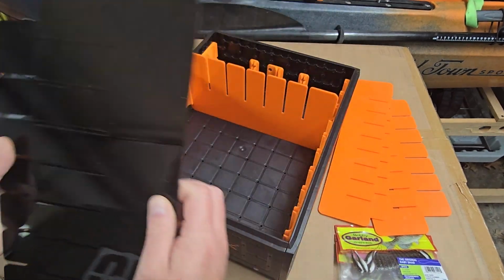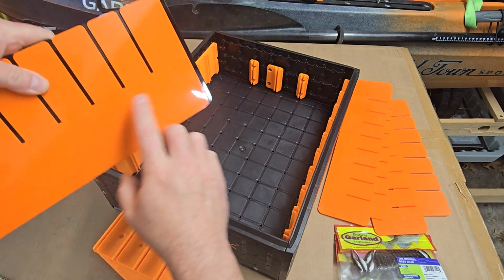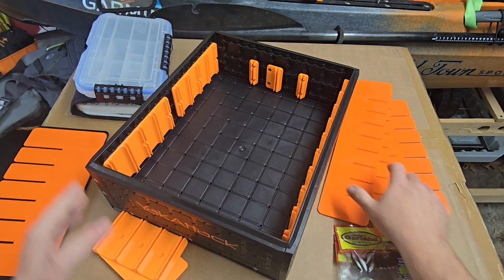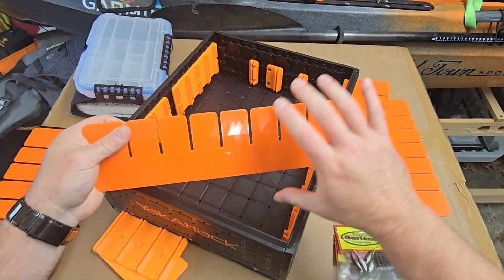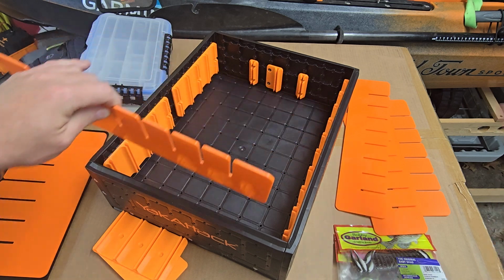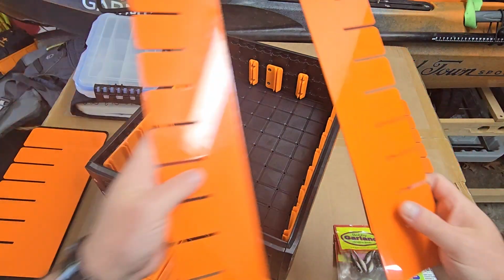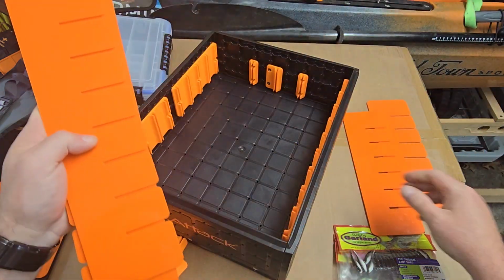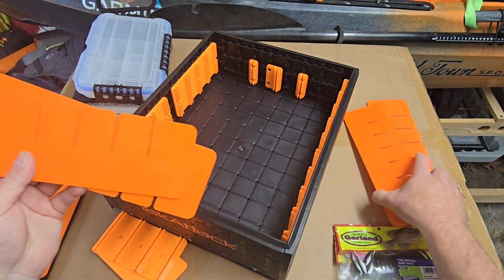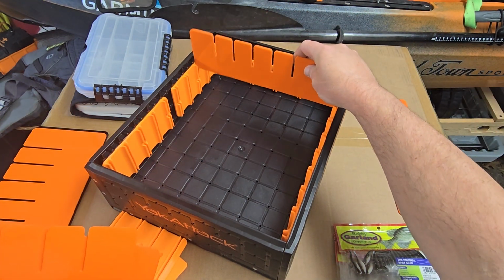Now for the short stack, and I believe I mentioned it, but the BlackPak dividers are roughly just under 6 inches. And then for the short stack itself, these dividers are 3.5 inches tall. Plenty to divide, but still have clearance for the lid. Now I had mentioned earlier why the offsets can be an issue. Since the offsets go straight down the middle, all of these dividers are actually set up to divide on the holes,